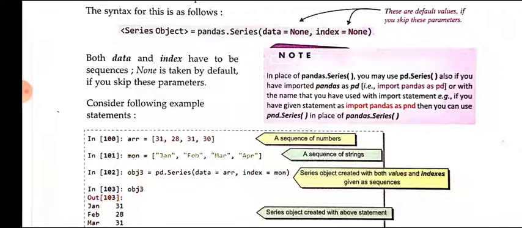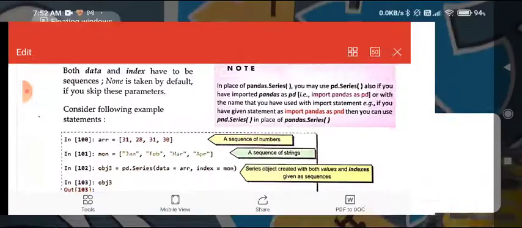If the data part contains 10 values, then we need to give 10 values for indexes. If we have given more or fewer values in indexes, then we might get an error. I am going to explain with an example.